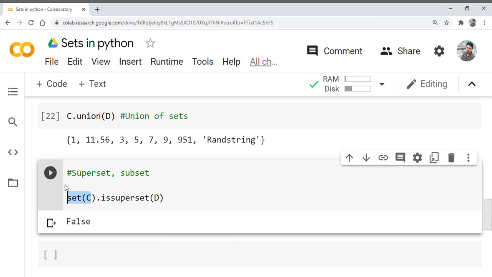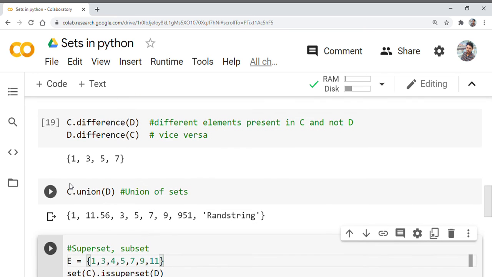So let us create one more set E over here. E equals to 1, 3, 4, 5, 7, 9, 11. All right, so now if we take a closer look, we can understand that E has all these things.